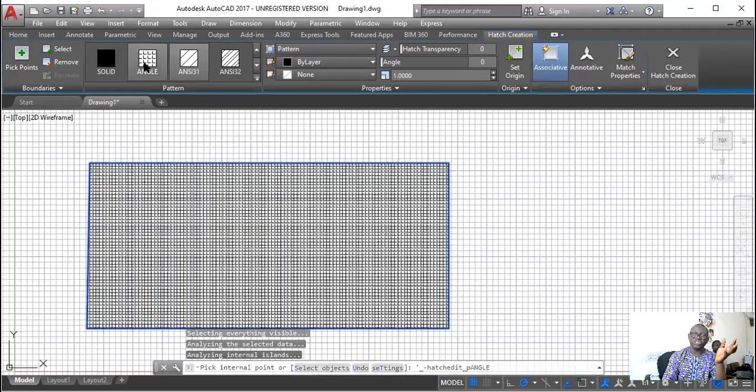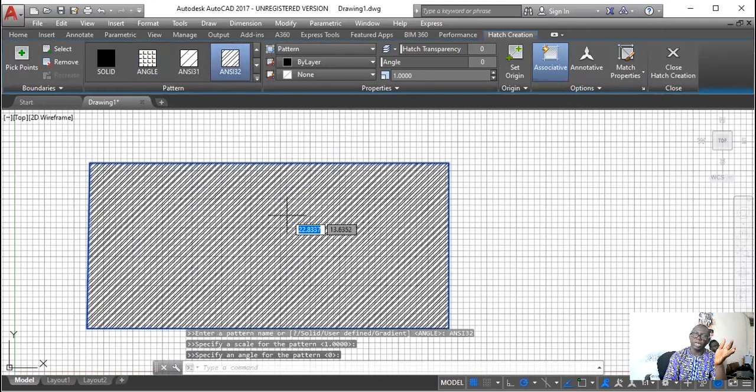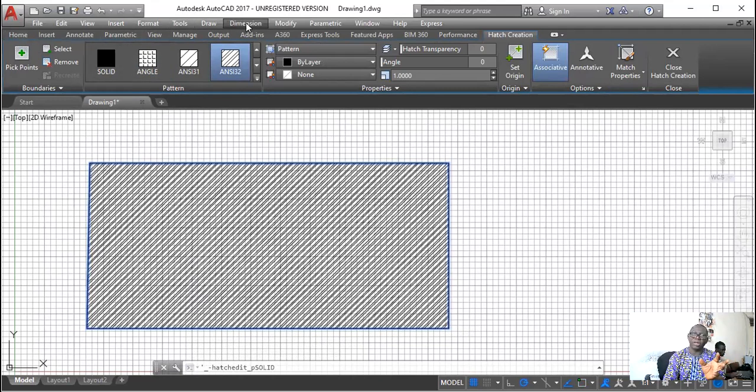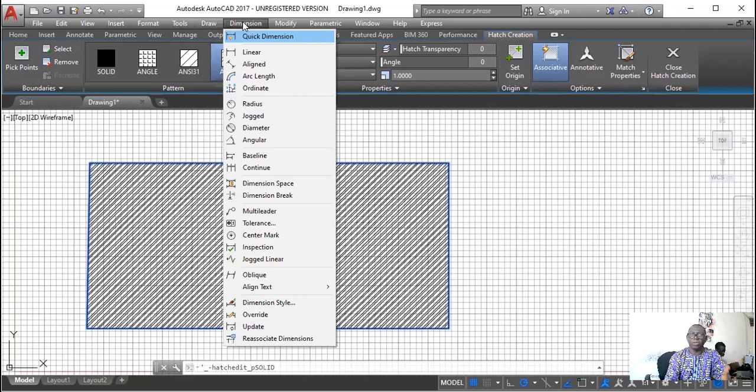can hatch it. Hatching is a way of showing a particular section of our drawing to be different from the way it was before. So we can hatch a section of your drawing. A cross section also can be hatched. So it's very, very handy for us. In the draw menu, you can get the hatch, gradient, boundary, region, wipeout, and revision cloud, and text. You can put multi-line text, single line text. So these are things you can always fall back to when you need them, but we'll just pick the ones